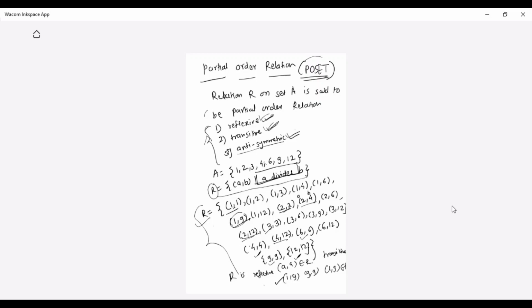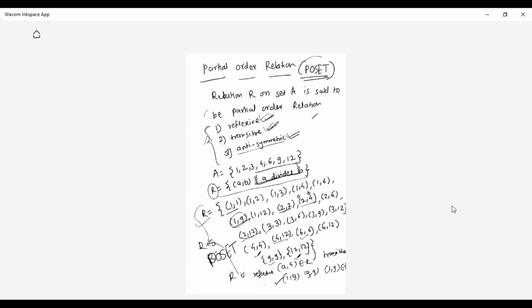So can I say that the relation is a poset here? Yes, R is a poset. R is a partial order relation here. We have proved R is a poset because R is reflexive, R is transitive, and R is antisymmetric. So this is how you find out whether the given relation is a partial order relation or not.